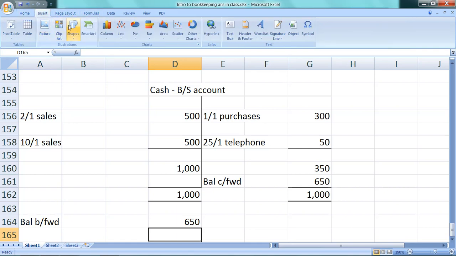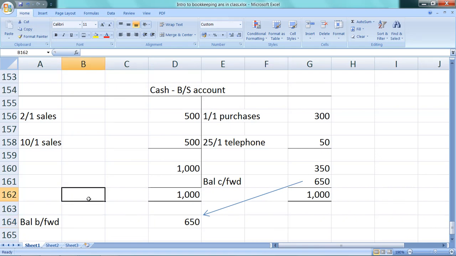And it's that double entry which allows these different T accounts to balance down just to one number. Now, your accounting software package does this automatically. But if you're doing FFA, you have to do this lots of times, which is a real bind. What that now means is I expect to have 650 debits. Debits are good news to me. Debits are assets. So I would expect to see £650 in my bank account. Does that make sense? And when you do your bank rec at the end of every month, that's the figure we're going to reconcile to. So when Sheila does all our bank recs, that's what she's reconciling to.